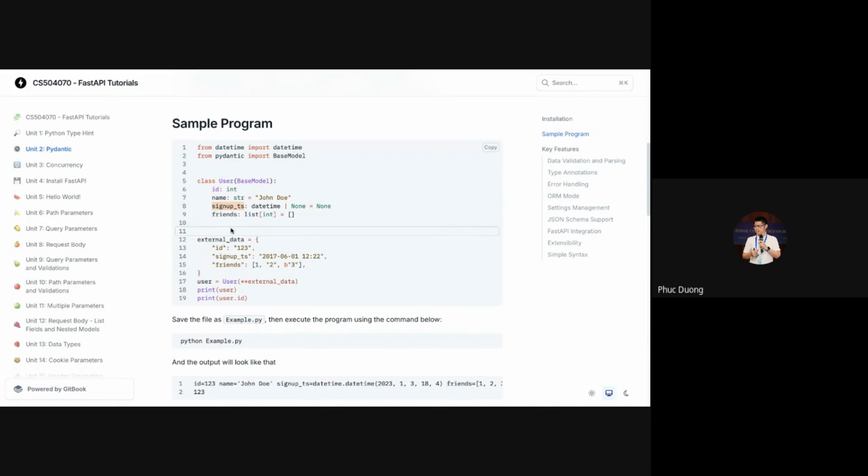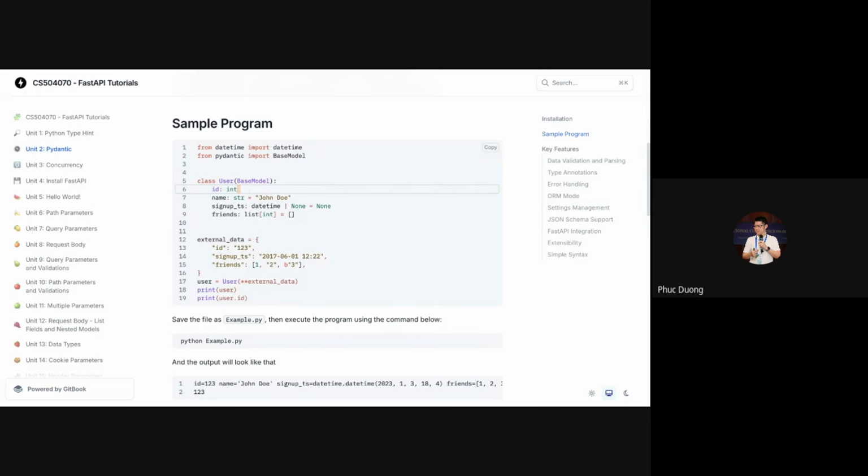The third one is the sign up timestamp; TS is an abbreviation of timestamp. And we have a list of friends of the current user. Friends is defined as a list, and each element in that list is an integer because a user ID is represented as an integer.